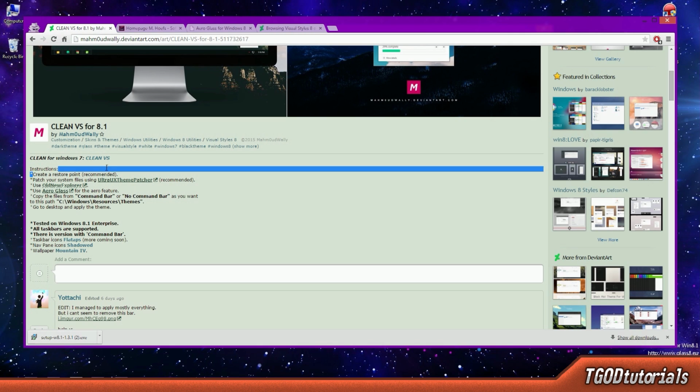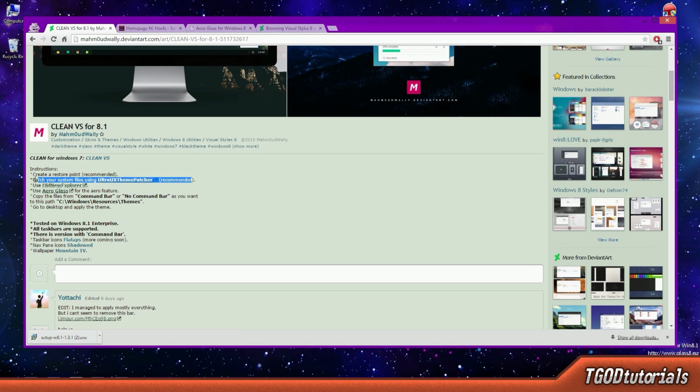You want to create a restore point. That is important in case something goes wrong. You install the patcher, which allows you to do third-party skins, and if something goes wrong,